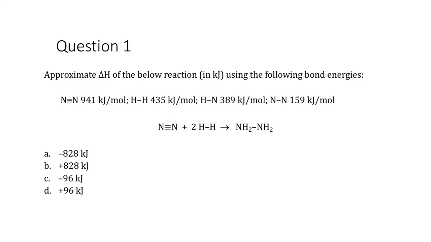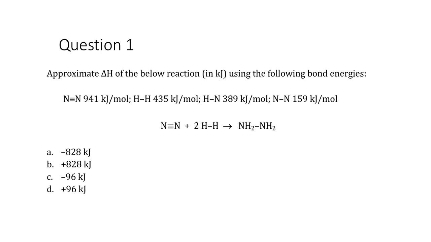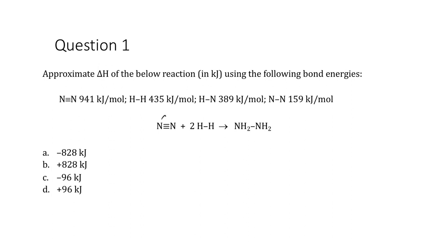These are the solutions to activity 6. So can we approximate the delta H of the below reaction using bond enthalpies? The idea of bond enthalpies is that we want to sum up the energy it takes to break our bonds here. So we're going to take N2 plus 2H2 to 2 nitrogen atoms plus 4 hydrogens. It takes energy to break bonds, so the delta H of this reaction here is going to be given by